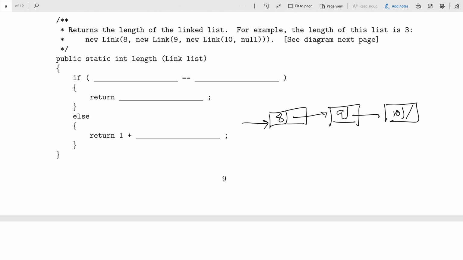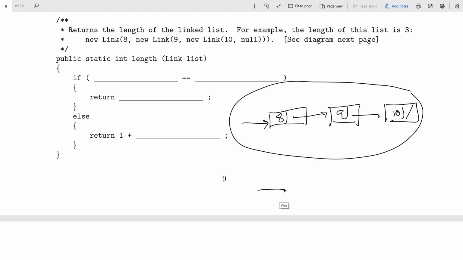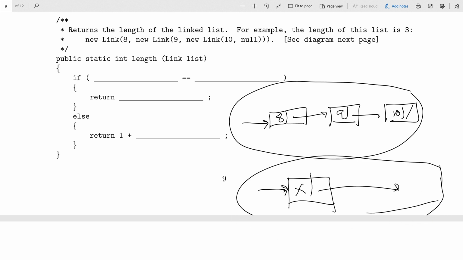Forget about the code for a second. You've got a list like this. How would you describe its length? Look at it this way. Here you have a link that has some number in it, and then another link. Describe the length of the list of which this link is a part. Describe the length recursively. It's one thing to say the length of a linked list is the number of links it contains, which is correct. That's more of an iterative definition. Yeah?